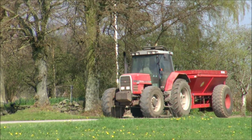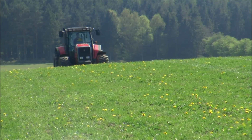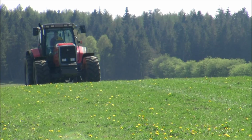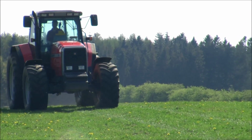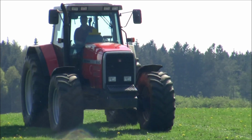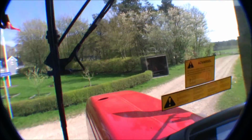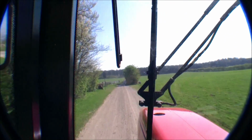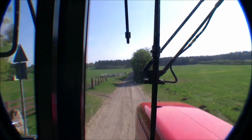I'm not gonna go into details about tractors because I know absolutely nothing about that. And here is a second shot of the tractor coming over the hill, a whole lot slower. I was told that this was an old tractor from 1997, but here I'm out driving the tractor with my cousin, and the sound is pretty good here, so I am stopping myself,